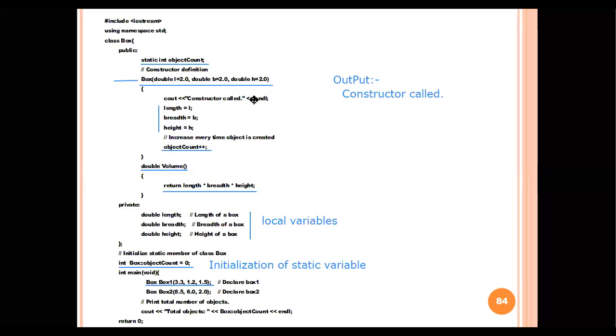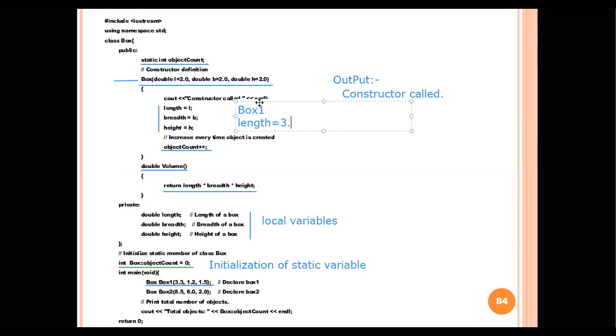Now we are talking about which object? We are talking about Box 1. With respect to Box 1, the length is 3.3.